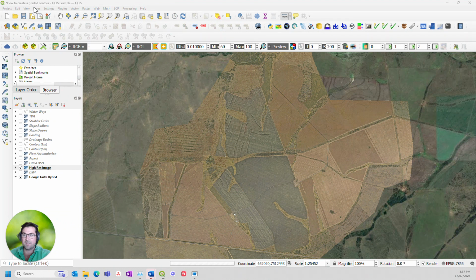Today we're going to show you how to create a graded contour and then put that in a format that can be exported onto Google Earth so you can go into the paddock and navigate it. So what we've done here is we've opened up the project where we've got the high resolution terrain model. Right now we can see the high resolution image as well as the Google Earth image that is in the